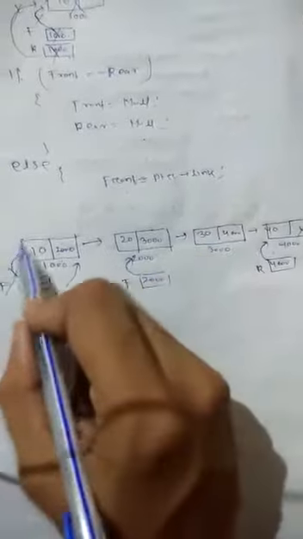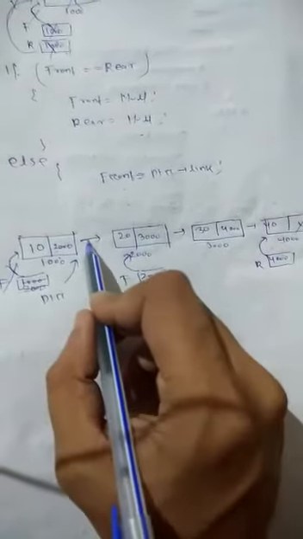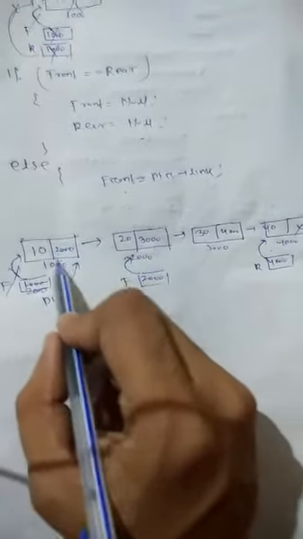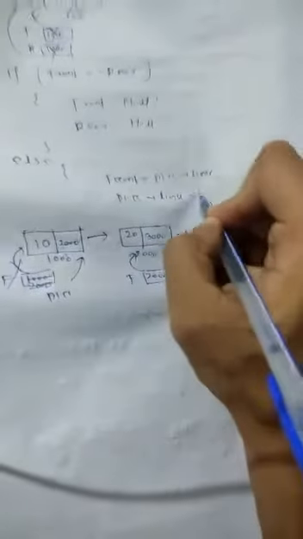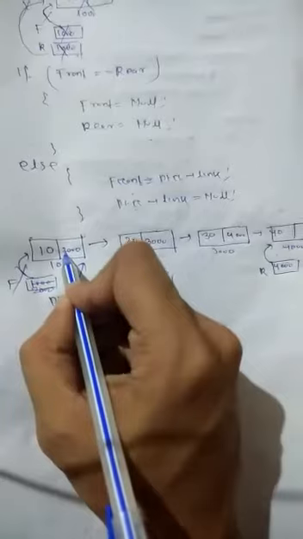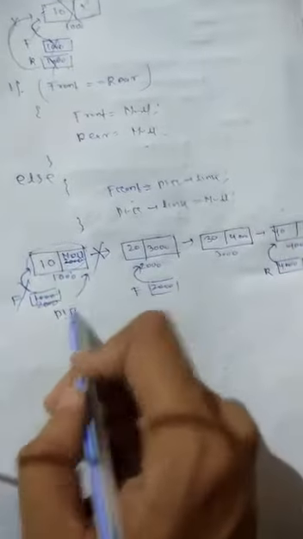Next what happens, for this node, this link will be disconnected. Now you need to disconnect these links. So this is your ptr link. So I am storing ptr link equal to null. That means this part will store null, and this link will be disconnected. So now this node is isolated. Ptr only pointed to this node, so I am freeing.